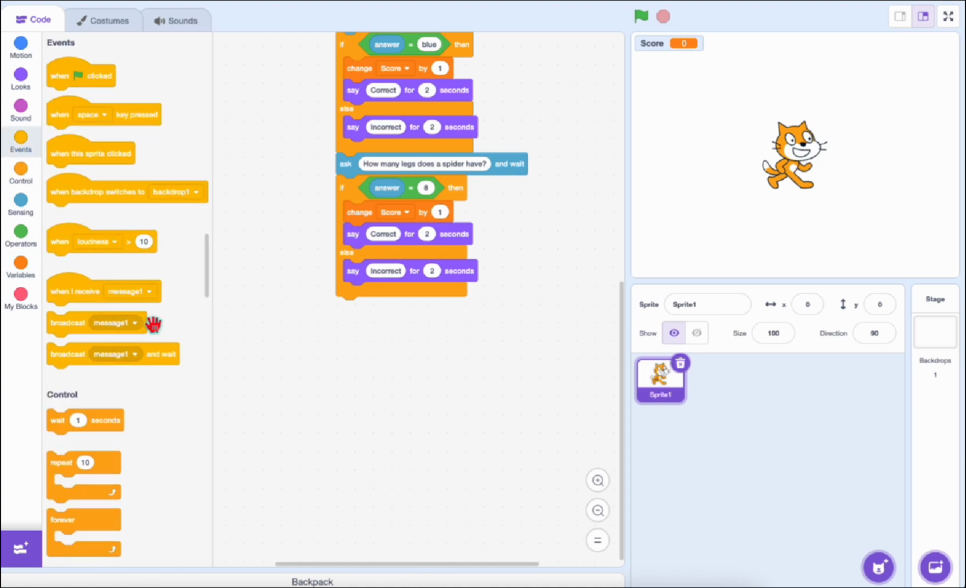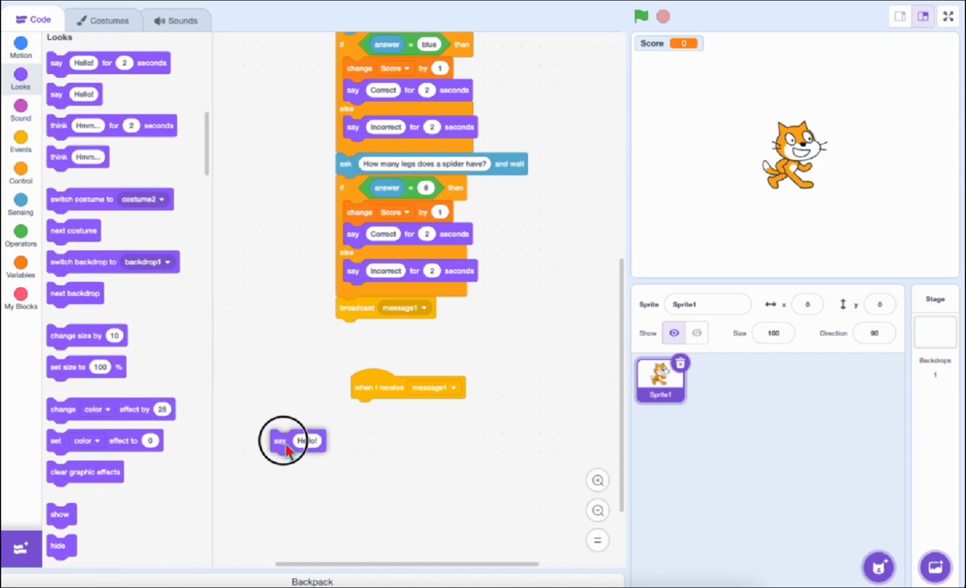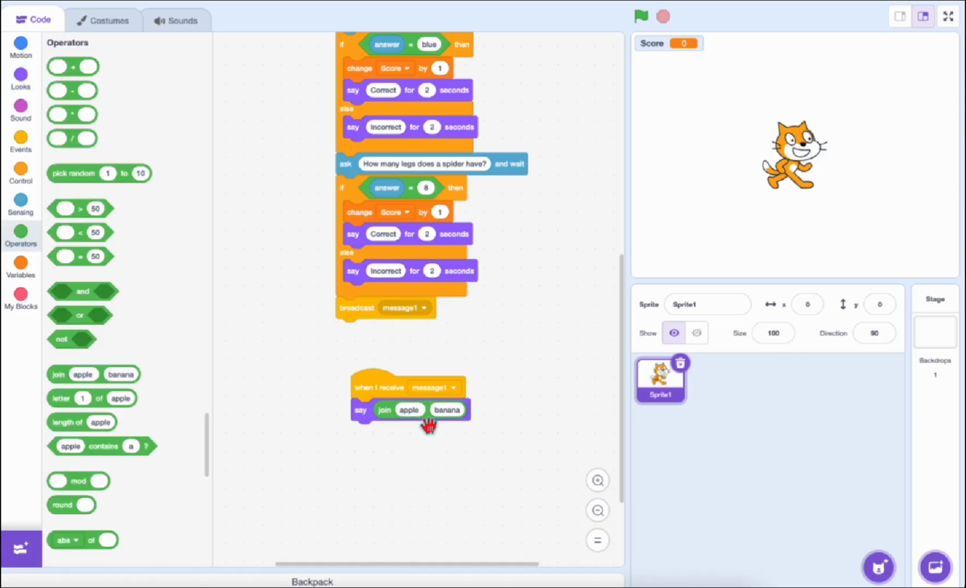After that, you get a message block. And then you can just use message 1 or you can create a new message. And then when you receive message 1, or whatever your message is, get a say block. This say block without a time. And get a join block and join